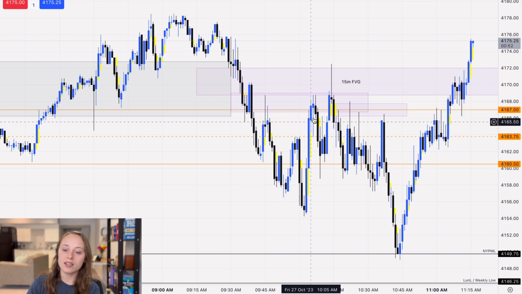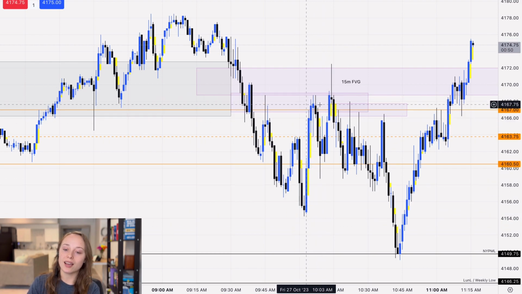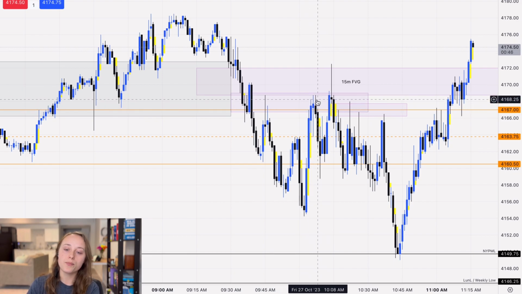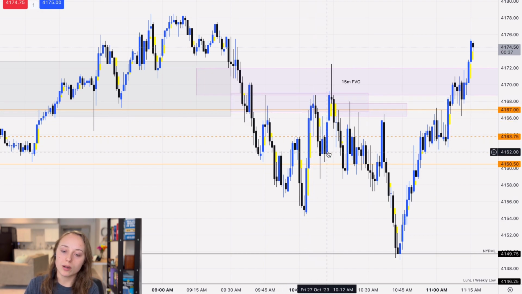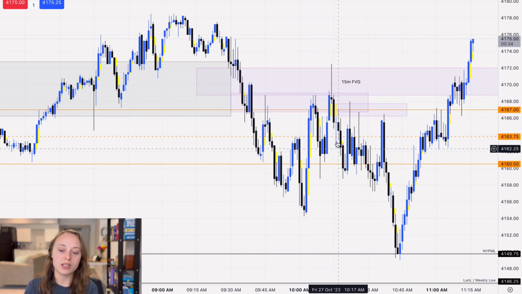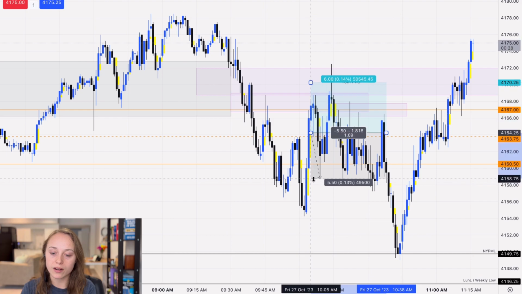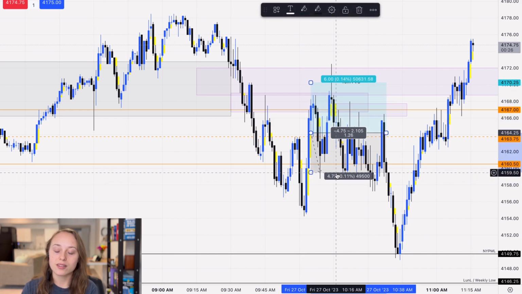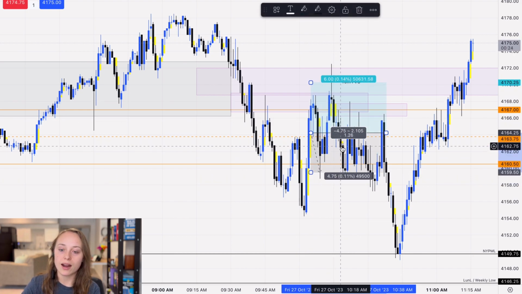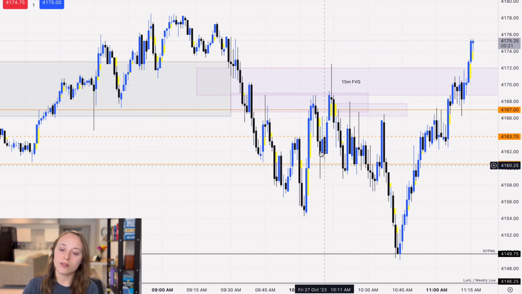Traded higher right into this 5-minute fair value gap. I didn't like that we traded into this 5-minute fair value gap and stayed there. So I wasn't interested in going long just because we didn't break through the 5-minute fair value gap and we stayed inside. So when we come back down into this 1-minute fair value gap, we didn't take the entry for the buy, which again is probably a good thing considering it would have hit our 5-point stop loss before reaching our higher targets.